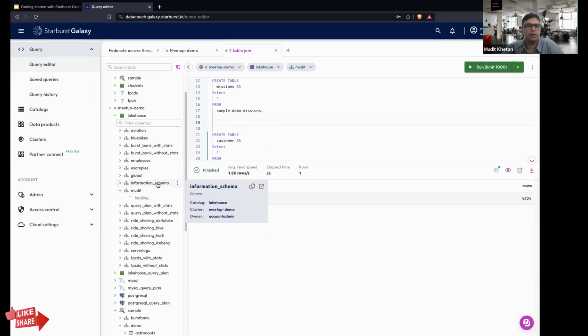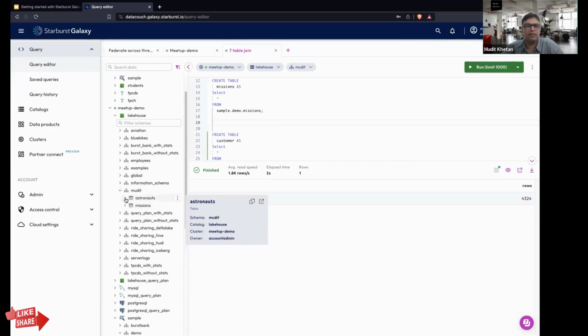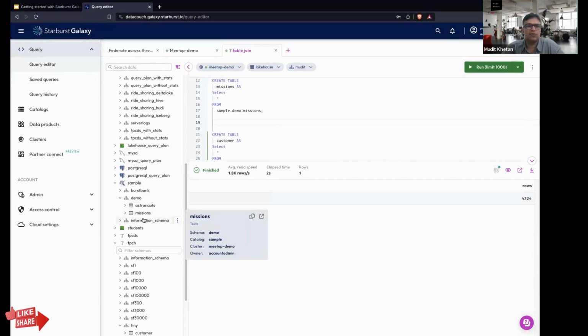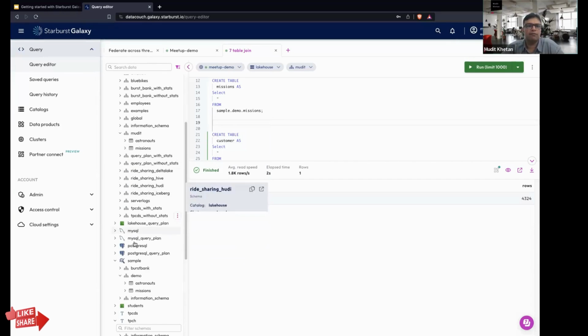This is my schema. And you can see that the astronaut and mission tables have gone from this sample schema, sorry, the TPCH schema, to this lakehouse, right? Now, if I want, I can run any query on this. For example, select star from astronauts limit 100.